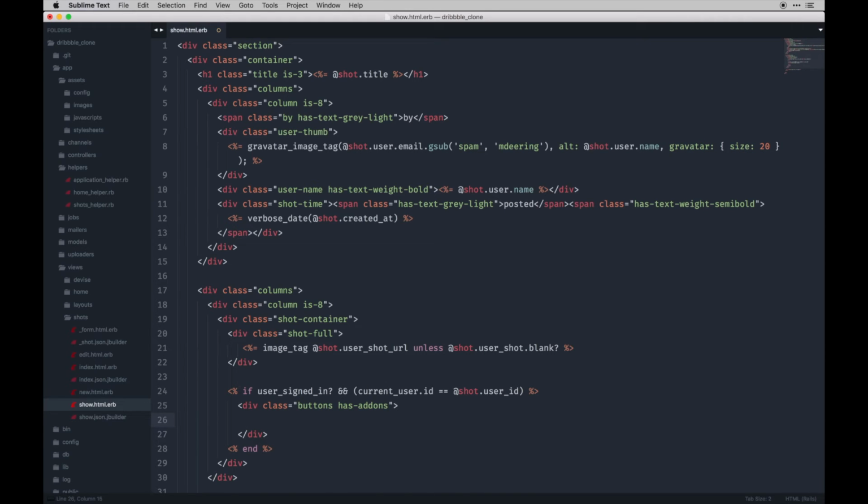So I'm just essentially adding edit and delete buttons here, and these will have some Bulma classes and stuff on them. So this will be edit shot path, and we'll pass in the shot